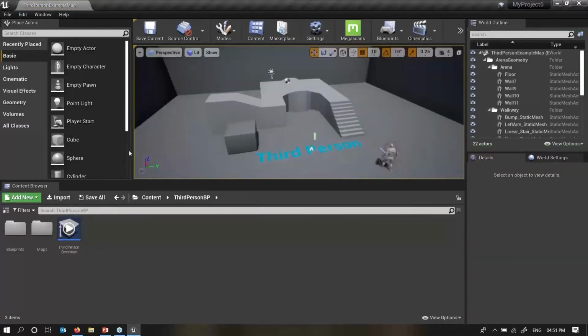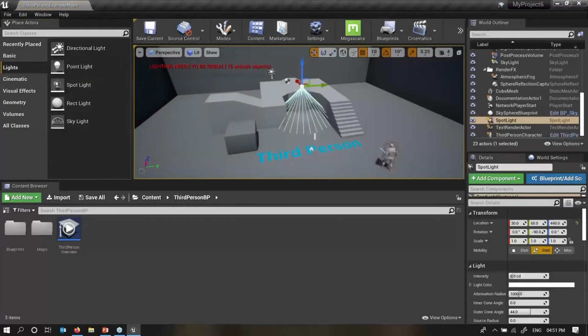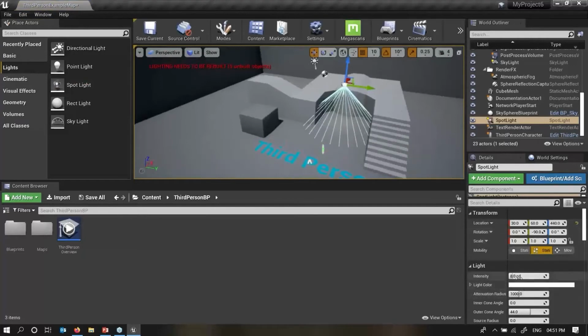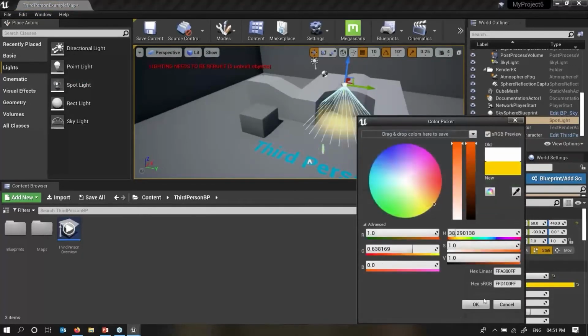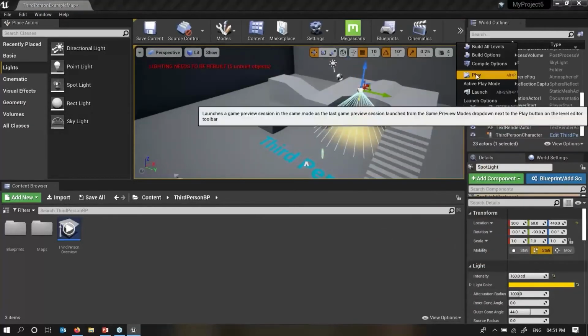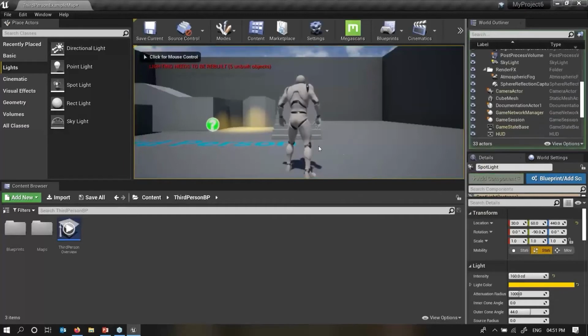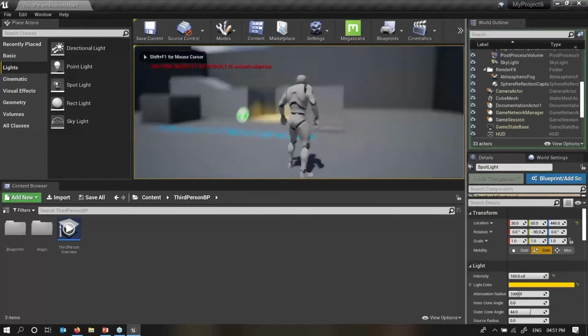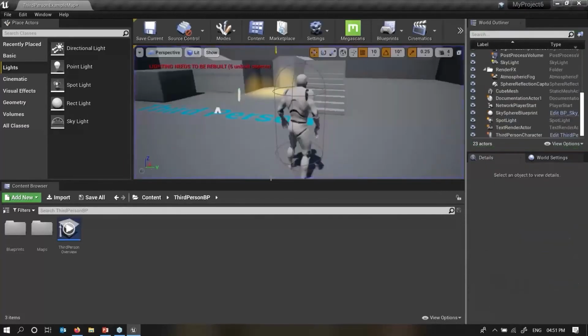So what I want as of now: I'll create a light, say a spotlight, in my scene and drag it up. I'll play with the intensity, or I can change the color of my light. Now what I want is that if I press E on my keyboard, my light gets turned on and off.